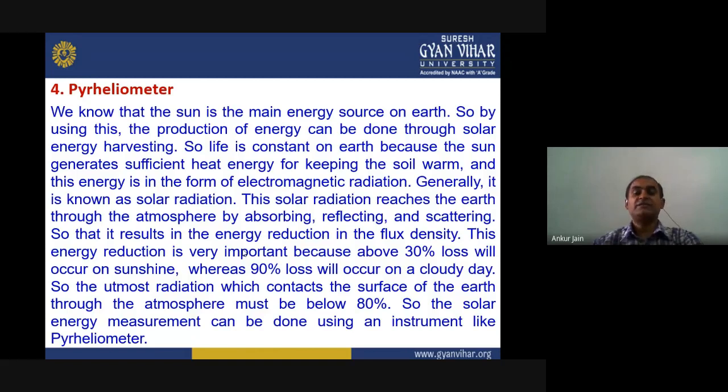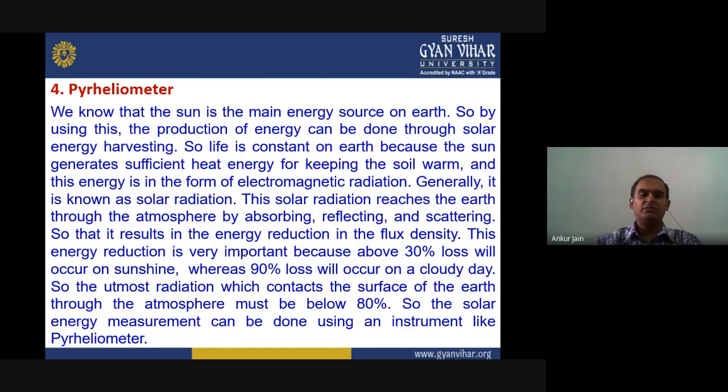This energy reduction is very important because more than 30% loss occurs on a sunny day, whereas 90% loss can occur on a cloudy day. If there are a lot of clouds, the radiation amount is very less, okay? So the utmost radiation which reaches the surface of earth should be below 80% in any case. By reflection or scattering or absorption, it can be reduced. In any case, it cannot be more than 80% of what started from the surface of sun. So that means to measure this solar energy, there should be some instrument designed,